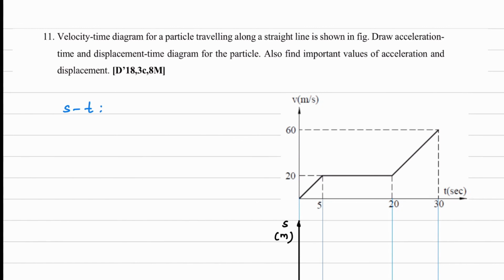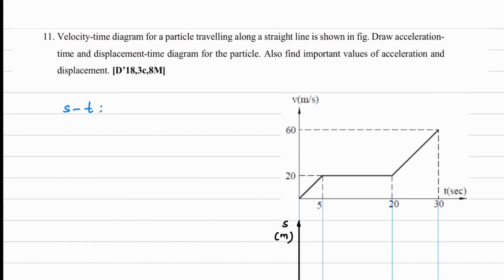Okay, just remember when you go from acceleration to VT. If acceleration is given, then how to draw VT diagram? Change in velocity is area under acceleration. And then how to draw ST diagram? It will be change in displacement is area under VT, like that. Okay, so it goes in this sequence. So if velocity Vt is given, we can easily calculate the displacement by the change in displacement area.